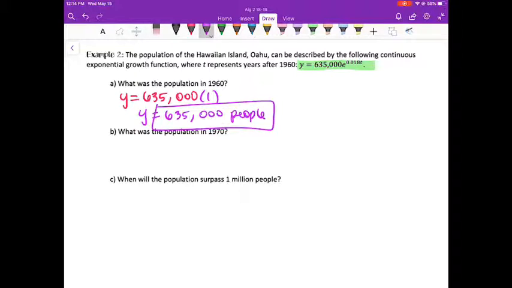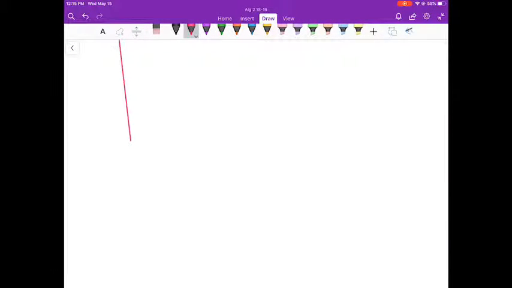Now, we also could have thought about it in terms of, well, hey, this equation kind of looks like A equals P e^(rt) with different variables. So instead of A, it's Y. But P is always our principal amount. So it would make sense that the number in front of e is going to be our principal amount, our initial starting value. Determining our population in 1970, well, if we remember that t is years since 1960, this would be t equals 10. So we've got,